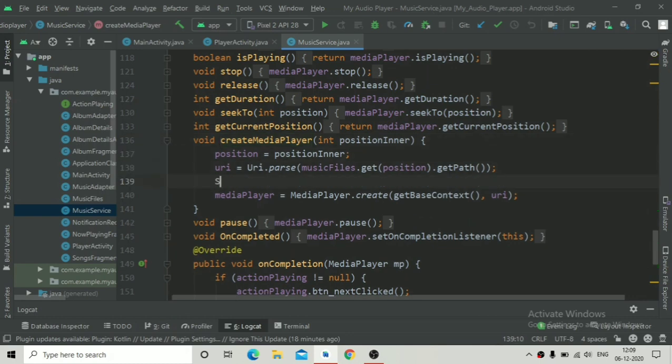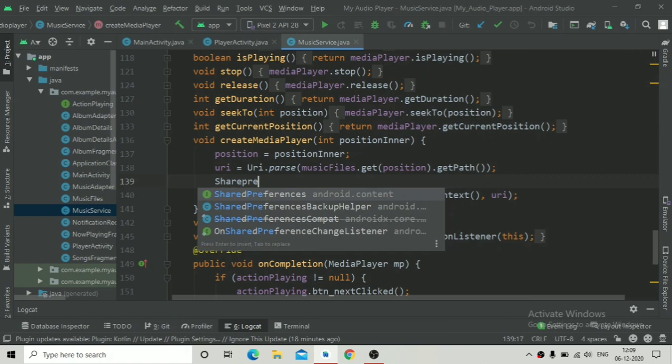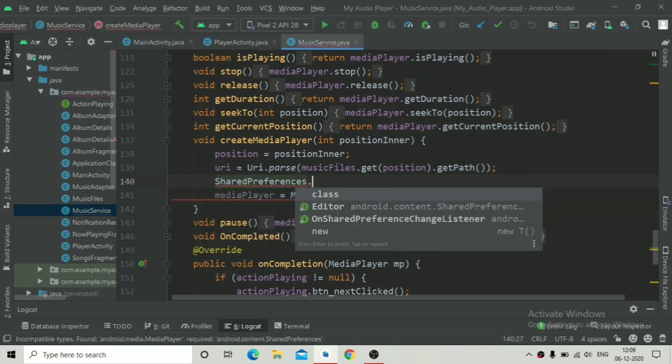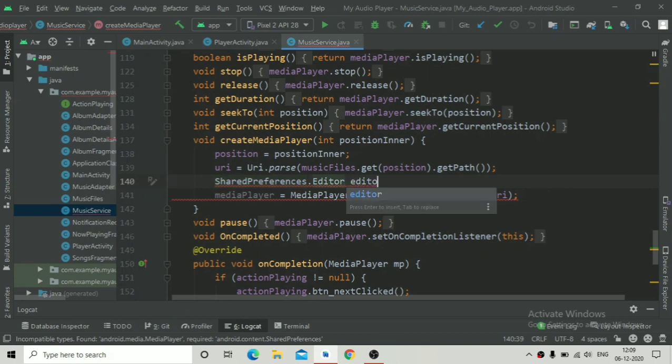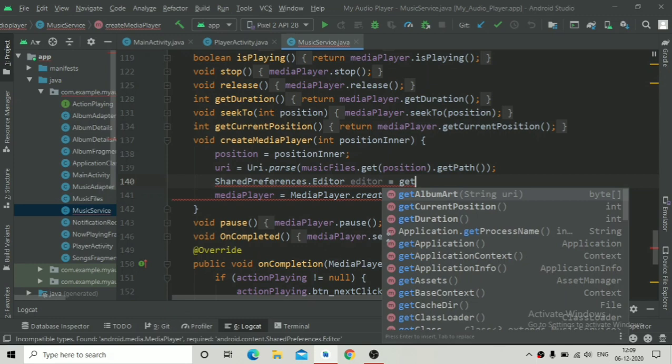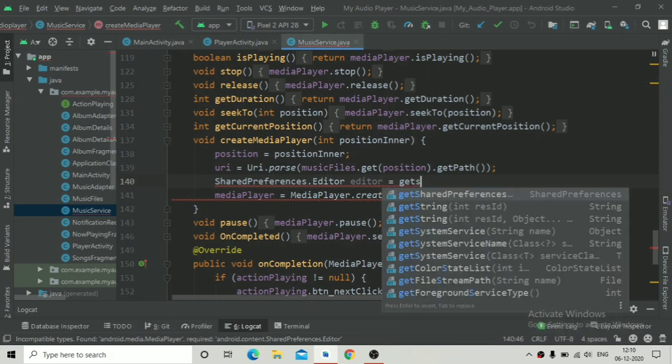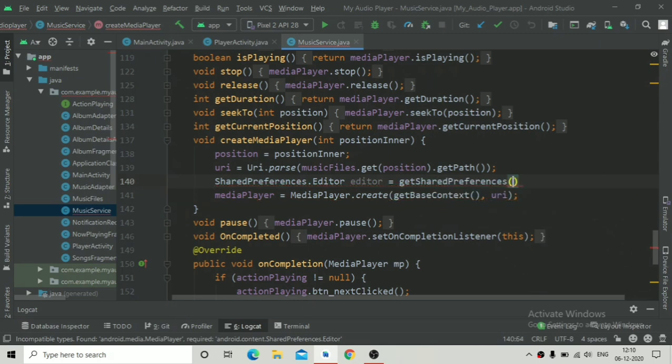Now over here we will be using the shared preferences, and just add dot and editor. We will create an editor, and here you will have to call a method that is getSharedPreferences. So just write getSharedPreferences, and over here we will have to pass the name.